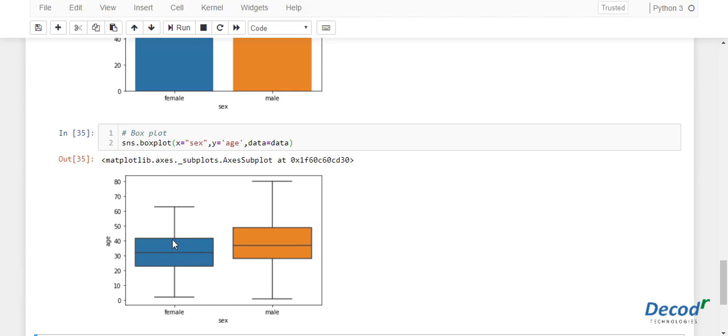From this you can observe that the first quartile is between 5 and 22.